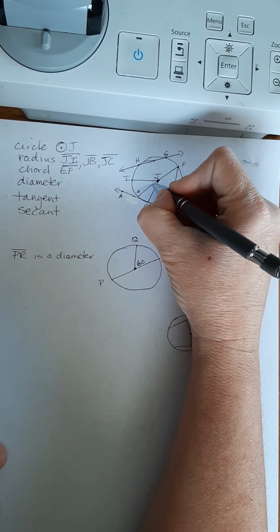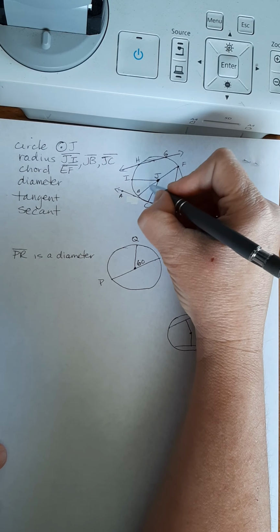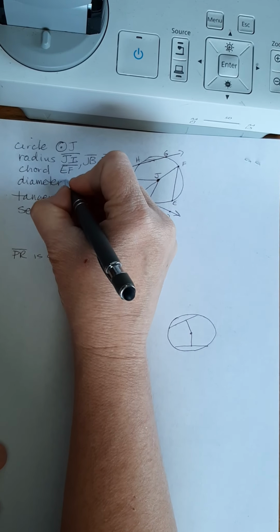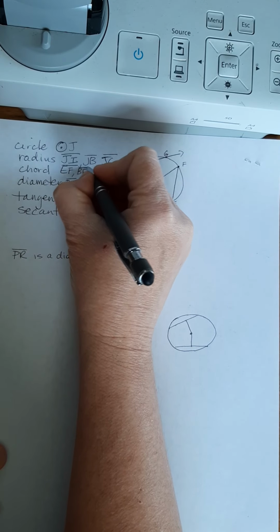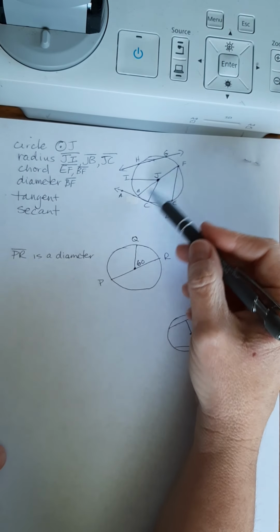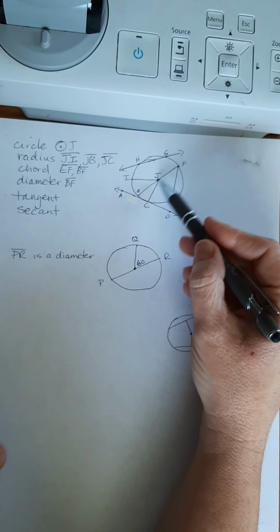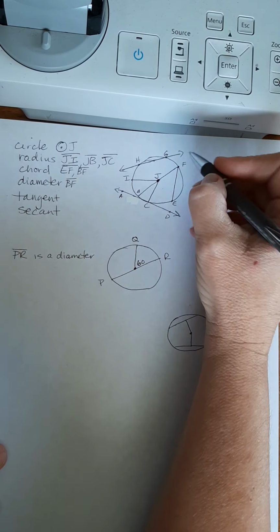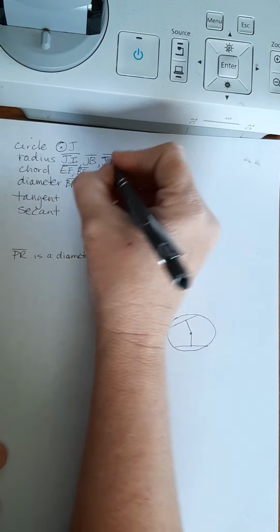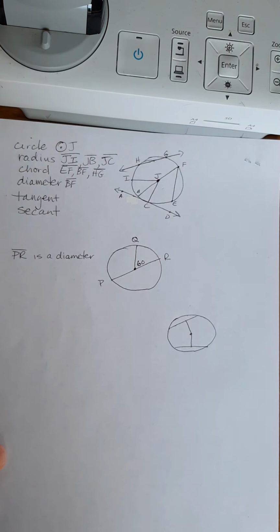You even have this one. It stretches across the center of the circle, so technically it's a diameter, and by definition the diameter is the longest chord, because if you start this way and go toward the center, then it's going to start getting smaller. Last but not least, technically this over here is a chord as long as you put a bar